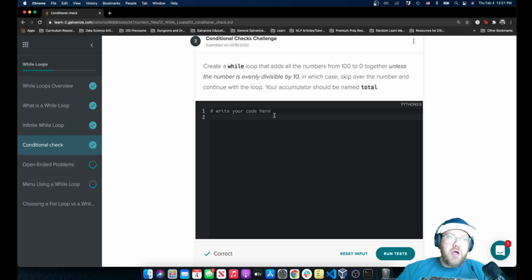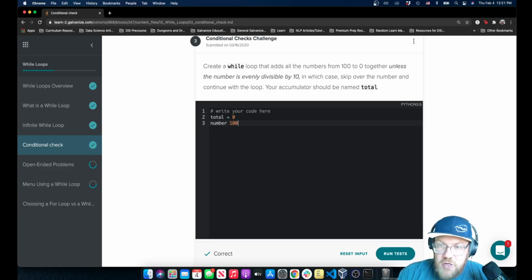So let's go ahead and start with total equals 0. It says to start at 100, so let's start with a number at 100. Looks like we probably could get away with doing this one a little bit differently, but let's do it this way because it asks us to. Let's say while our number is greater than or equal to 0, let's go ahead and, right, we would usually